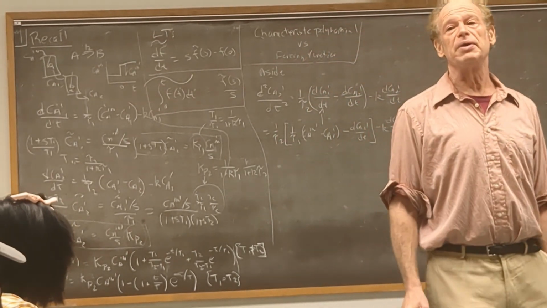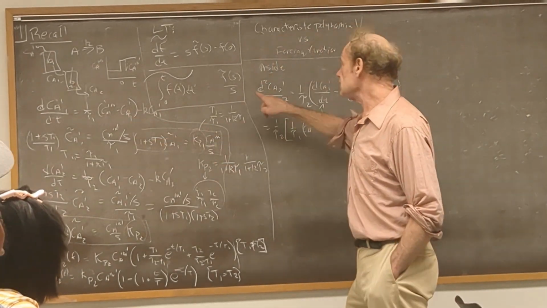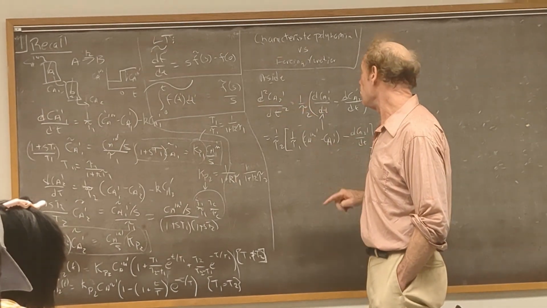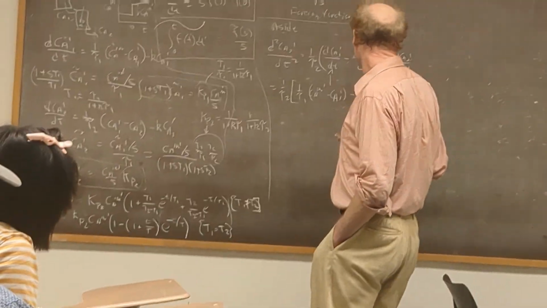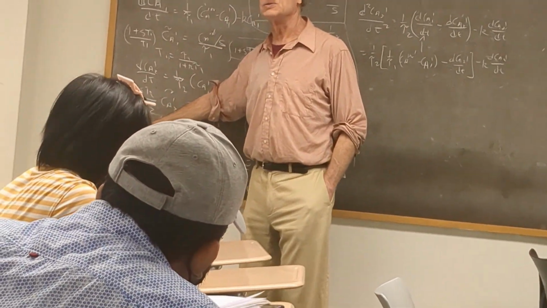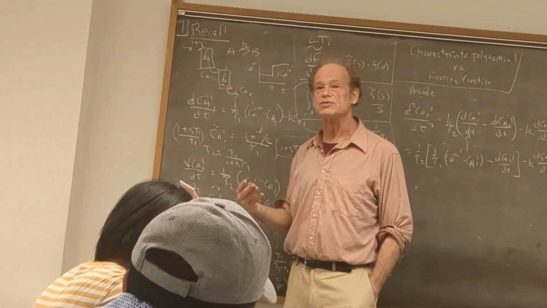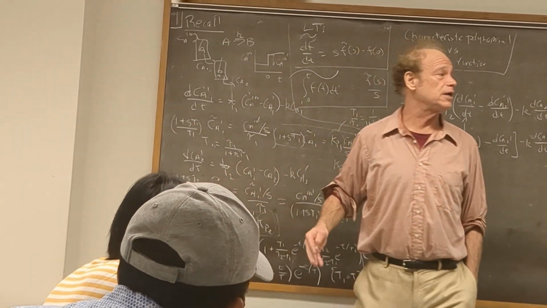So what you can see here immediately is I can combine these two equations to get a second-order equation in CA2 prime where I've eliminated CA1 prime. Why did I bother doing that? I bothered doing that because I wanted to illustrate to you that when I have a quadratic in S, that means there are two derivatives. Either two derivatives in two equations that are linked,